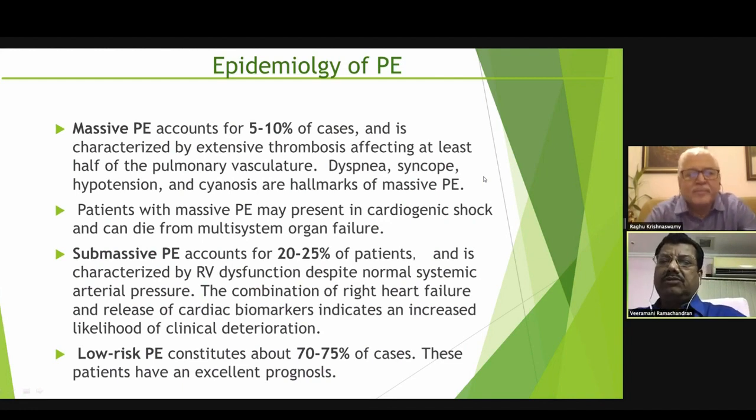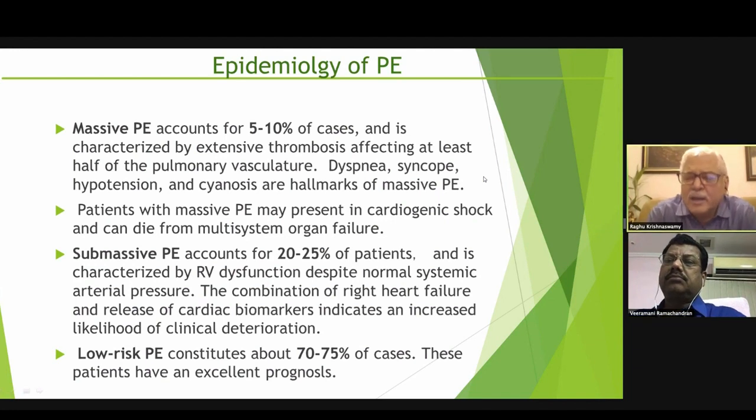And sir, the next question is the difference between the echo findings of acute and chronic pulmonary embolism. The difference is, like I mentioned, in acute pulmonary embolism, the RV pressure never goes very high. Because the RV in an acute overload situation cannot sustain a cardiac output beyond 50 to 60 millimeters of pulmonary artery pressure. And that is why if the pulmonary embolism is massive, the RV fails immediately. And that is the reason why you develop hypotension.